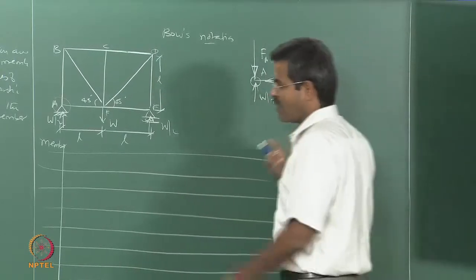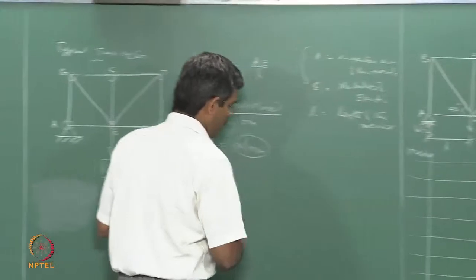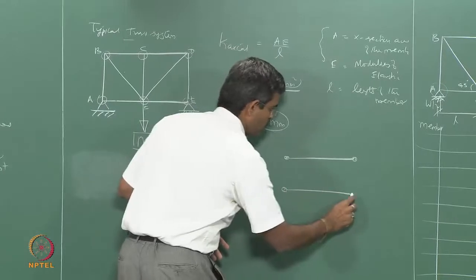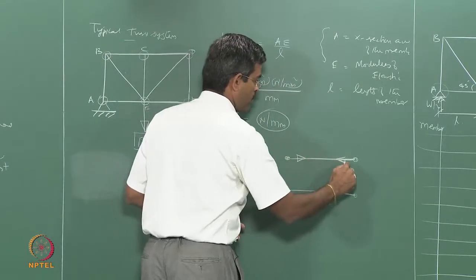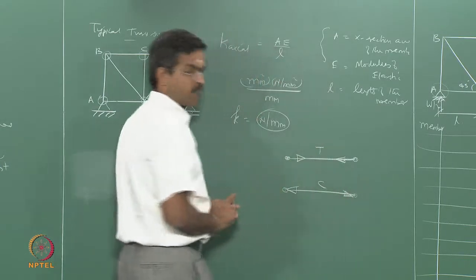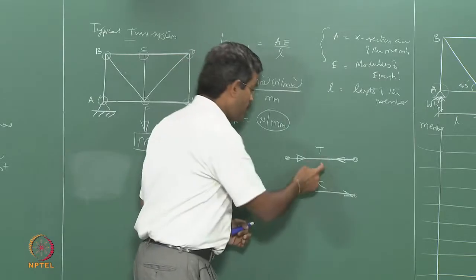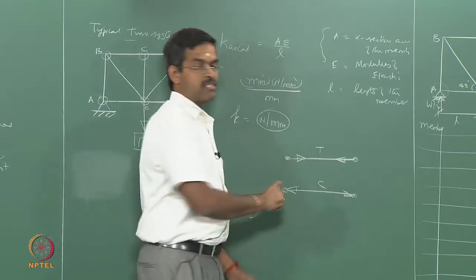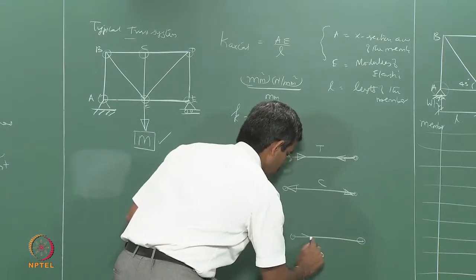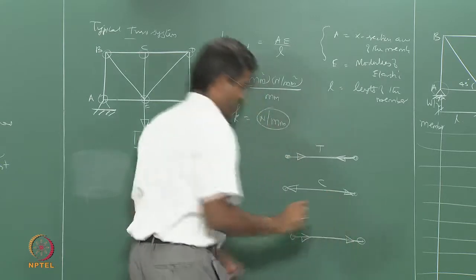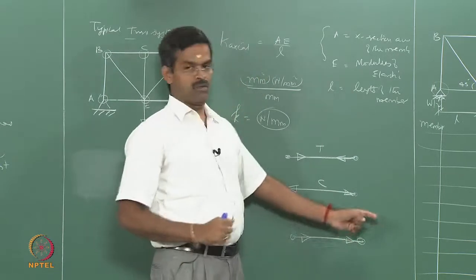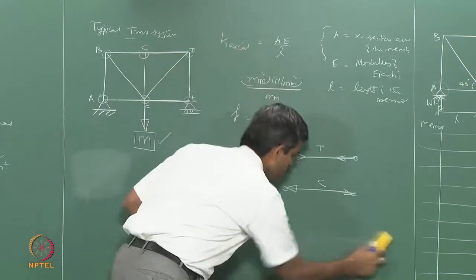Now, one must really know, I have already told you this, in a truss member, if these are the nodes, if the member is pulling both the nodes, it is tensile, if the member is pushing both the nodes, it is compressive. What is the influence of the member on the node will give you the category or nature of the force. Obviously, we also said earlier that kindly do not mark like this. Okay, this is having no meaning. That is, the member is pulling one node or pushing one node, unidirectional. Okay, this is not correct. This is vector algebra.